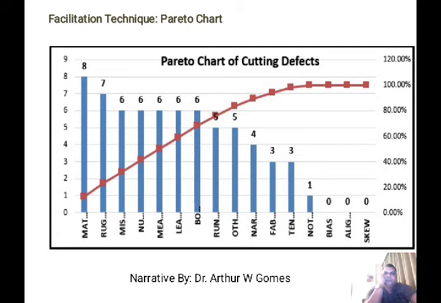Step 6. This step requires the listing of the items on the horizontal axis of a graph, starting with the highest and then moving to the lowest. Now, label the left vertical axis with the number, frequency, time or cost, then label the right vertical axis with the cumulative percentage. Finally, the bars for each item can be drawn.